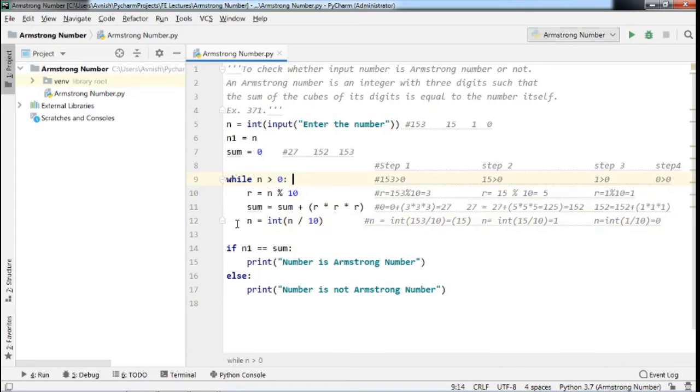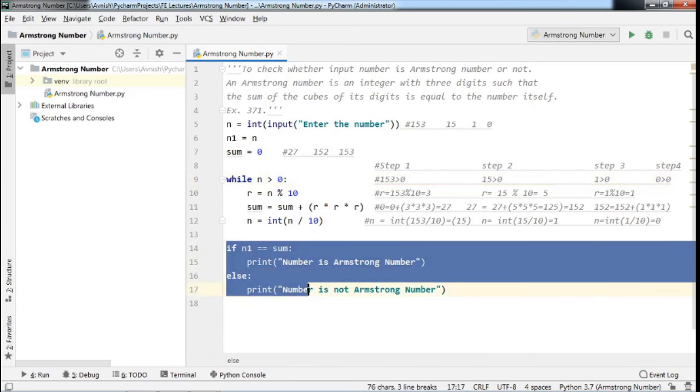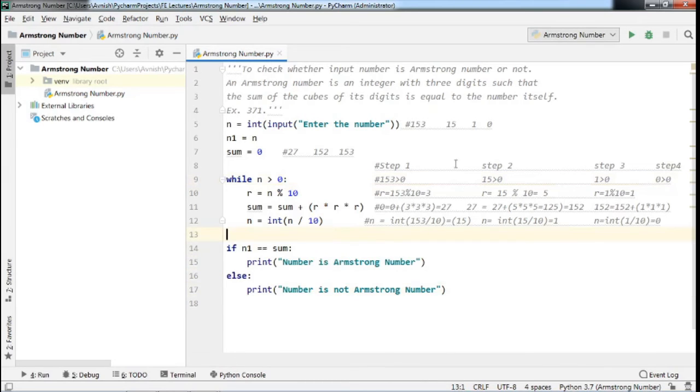After termination of your while loop, you will execute the next part after the while loop, that is the conditional statement. See here, your value of sum is 153, and we already took the value of n1 as the input value.